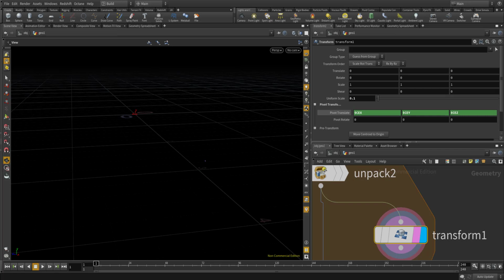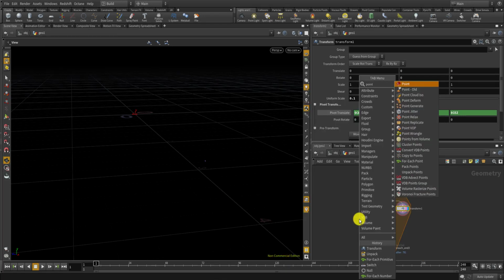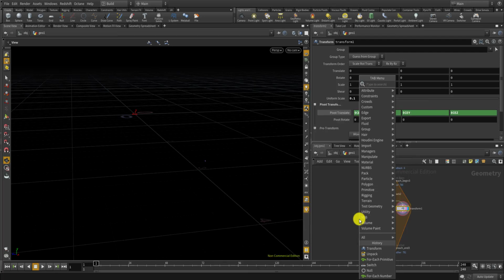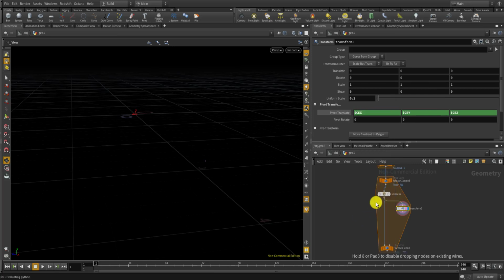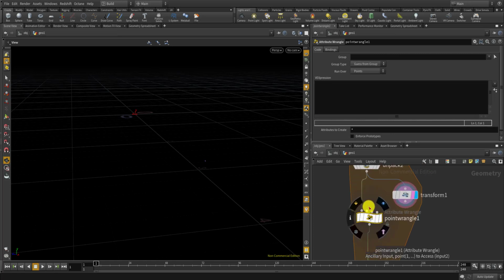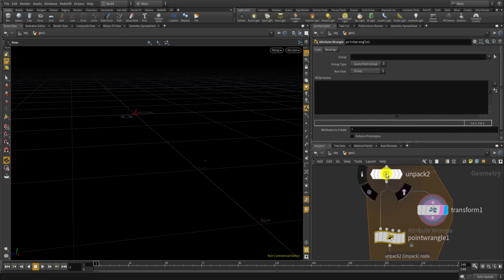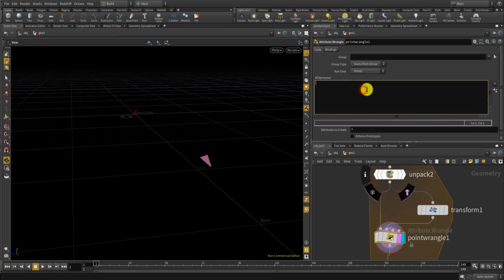I'll show you how. I'm gonna use the point wrangle to actually make a normal vector of each surface, and connect the first input with the unpacked geometry and the second one with the transform one, and set the normal to normalize